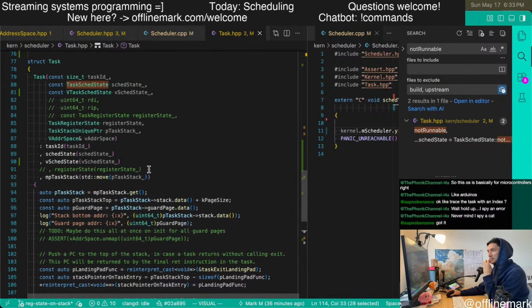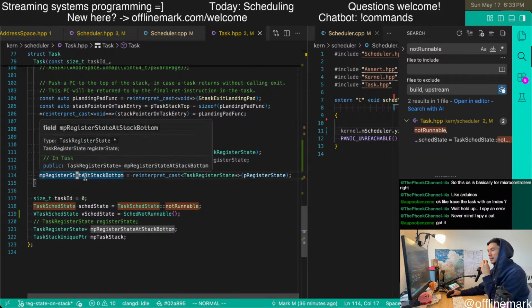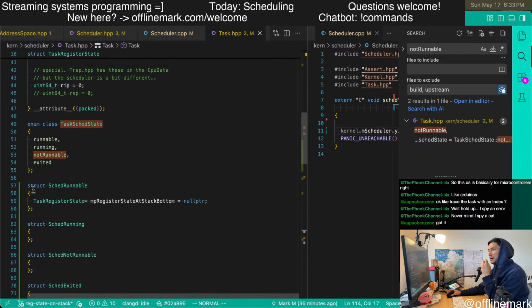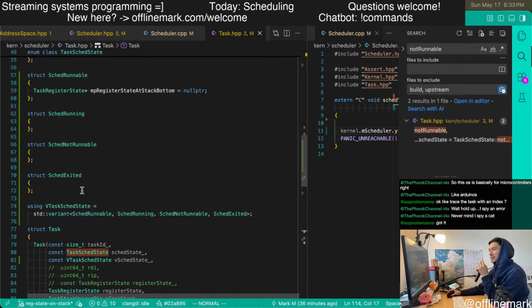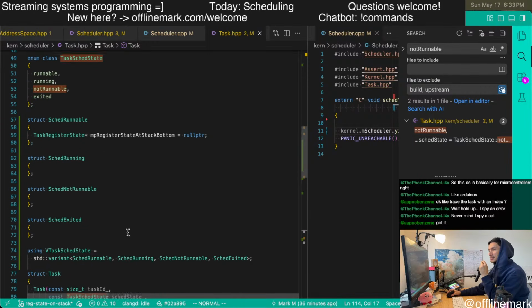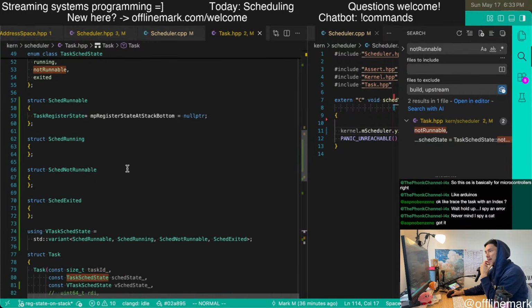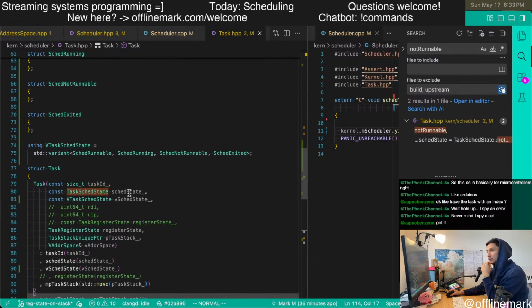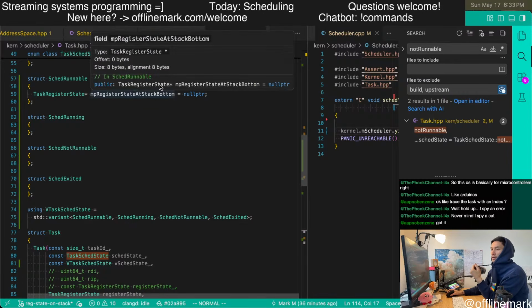So it's sort of interesting because in order to have this thing, that implies that the state must be sched runnable actually. And it's interesting because this new design clarifies this. That wasn't very clear with the old way of doing the ad hoc enum, and then this pointer that really only applies to one of the states. Now it sort of clarifies that relationship when we do it this way where this thing is only relevant.